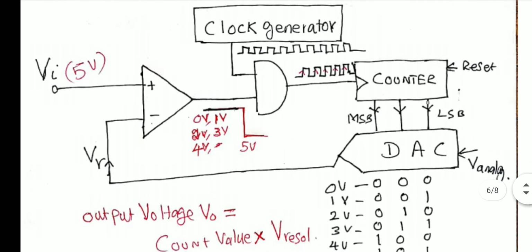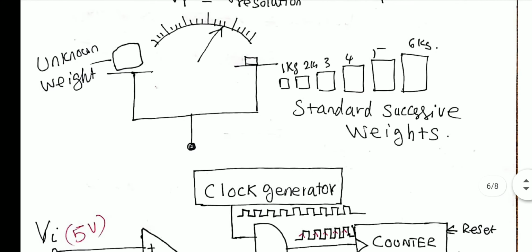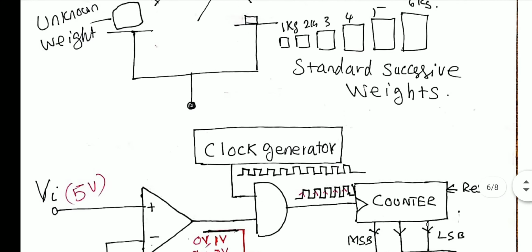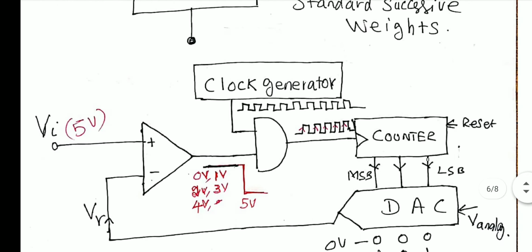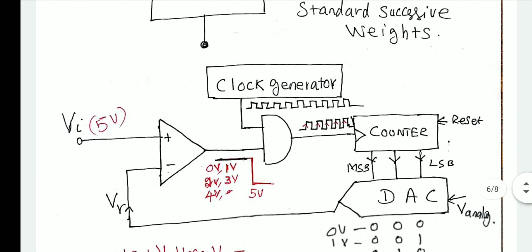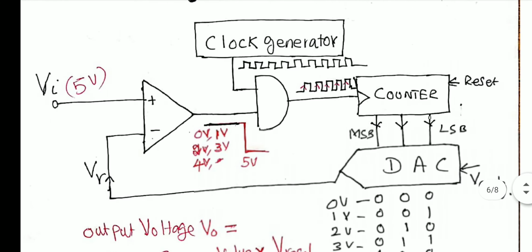Okay. Now come to the electronic circuit. So instead of the balance we have a comparator, and instead of the time measurement we have a time measuring setup. Okay. The idea is, look at the diagram. The comparator compares the unknown voltage with the output of the digital to analog converter voltage, right?